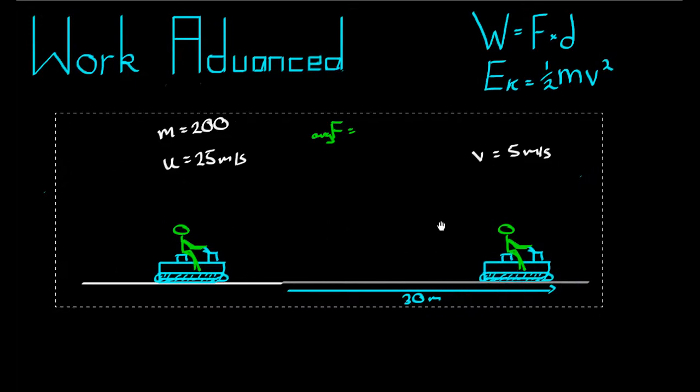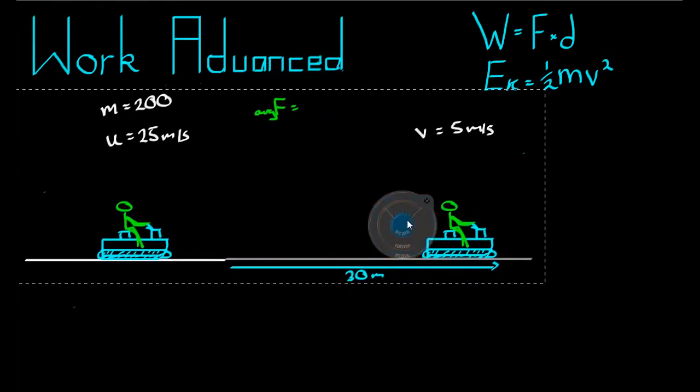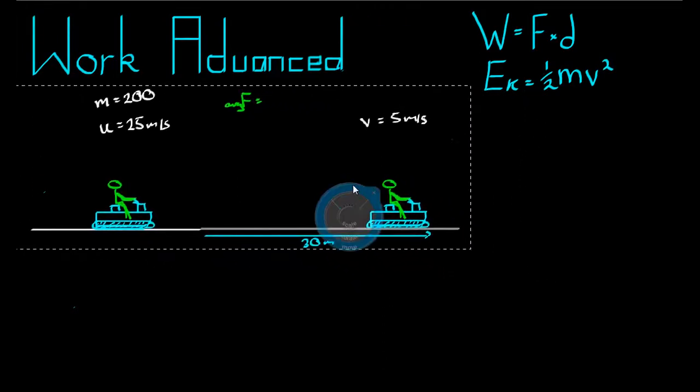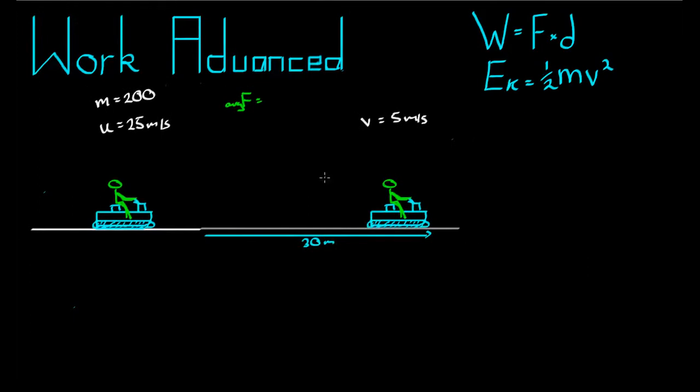So moving this all over here will give us some room to work. Recognize that the work done by the rough snow on the snowmobile has slowed down the snowmobile. It's taken away from its kinetic energy. So let's find the initial kinetic energy. EK is equal to a half m, so that's 200, times v squared, so 25 squared. That comes to a total of 62,500